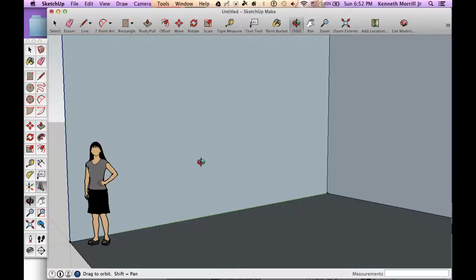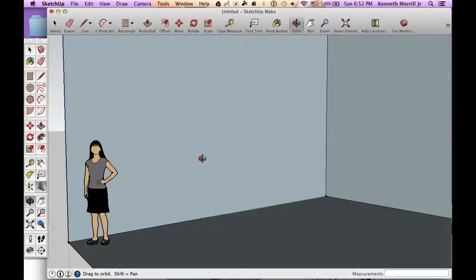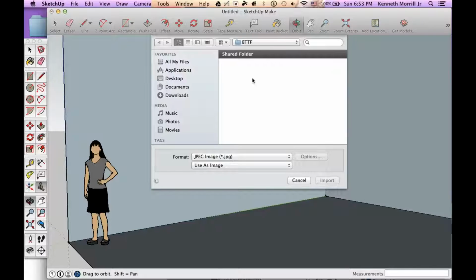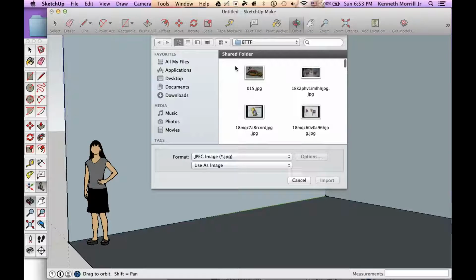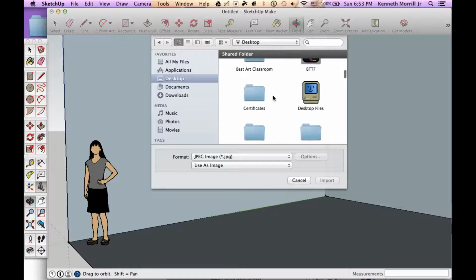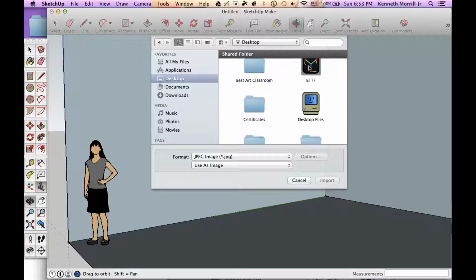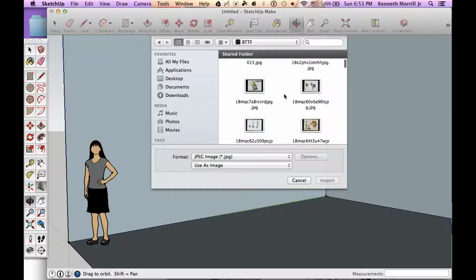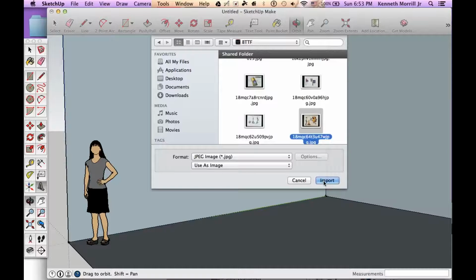You can see the interior of the museum space. First thing we want to do to add an image is to go to File, Import. You're going to find wherever you've put your JPEG file. So I'll go to the desktop and I'll go to Back to the Future. I want to import this robot cleaner,